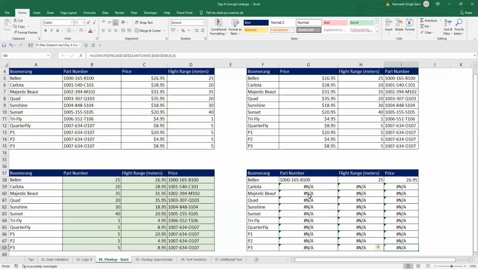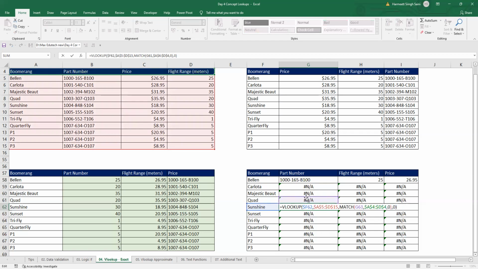Okay, but there is another blunder which I did, and that is all thanks to you and Rashmi both. What did you tell me? Till here everything is sorted. But when you go to the match function, I always told you that when you use the match function, when you do the lookup, please ensure that your lookup is locked, because when you reuse the same formula in a table for the next rows and columns, you have to think dynamically. If I have not locked G57 and this formula moves down here, it is referencing Sunshine correctly, but